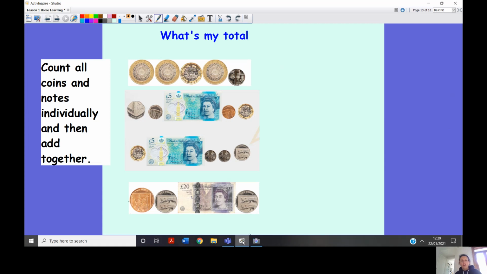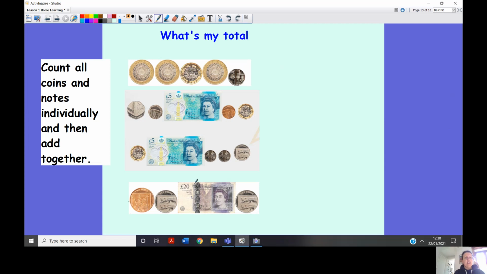What's my total? So now what we're going to be doing is we're going to be looking at some of the individual notes, and we're going to be working out what they are all worth and their value. Now, I can show some of them to you on the visualizer. I can't show all of them because I don't really have many coins in the house anymore. So let's have a look at